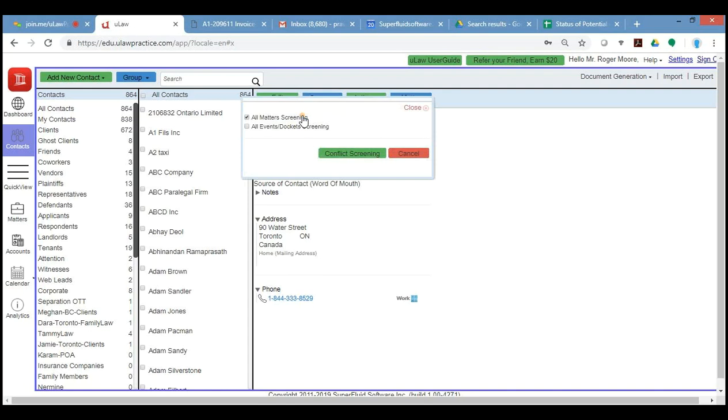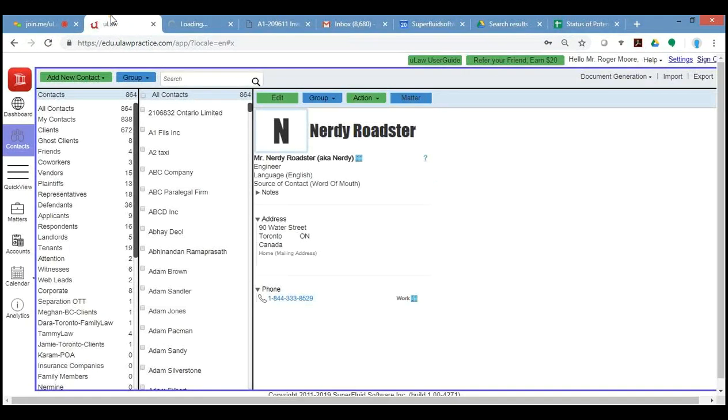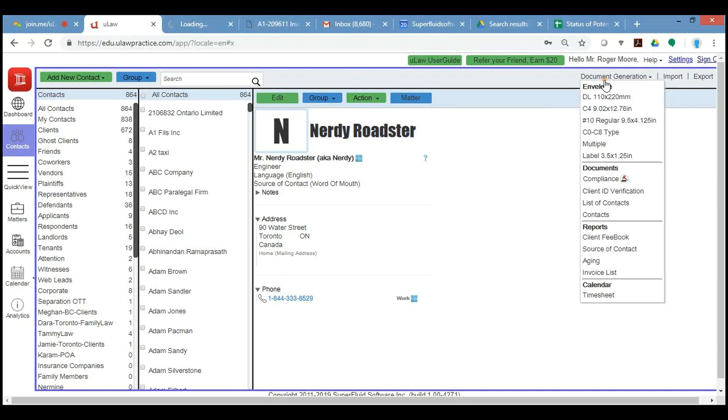Okay? So in uLaw, as part of the action, we have this conflict screening feature. You can click on that. We ask, do you want to check for all matters across your database? Do you even want to go to the extent of checking dockets, if you've dealt with a conversation and this name came up? Then you can start to run that report. Because this is a playground account, it's going to take a little bit of time to scan through the entire set of dockets and matters, and there are thousands of files. It shouldn't take long. But the beauty of the cloud is that while this runs in the background, let me show you a few other documents or reports that you can generate